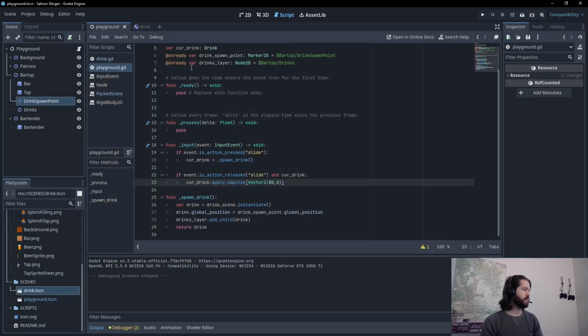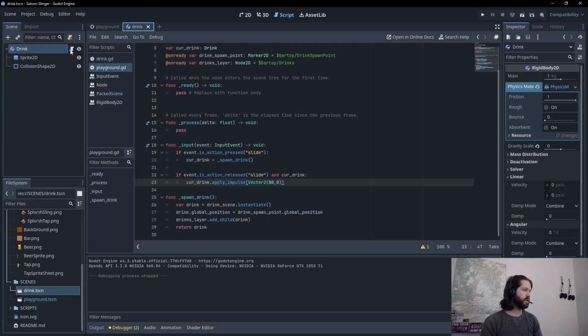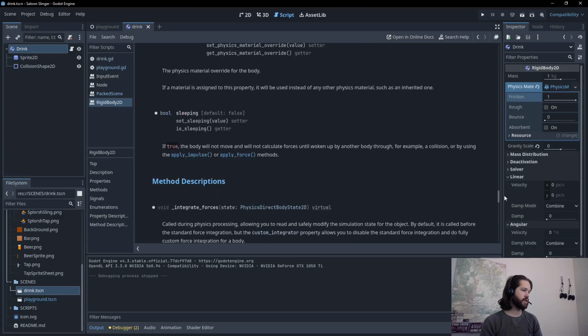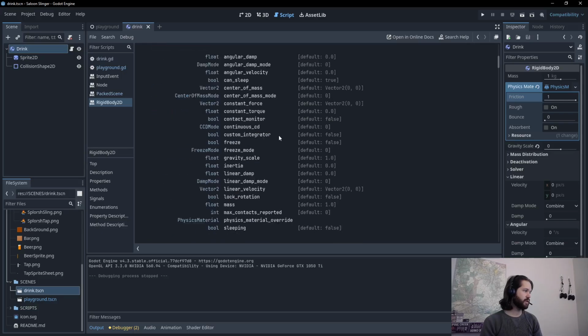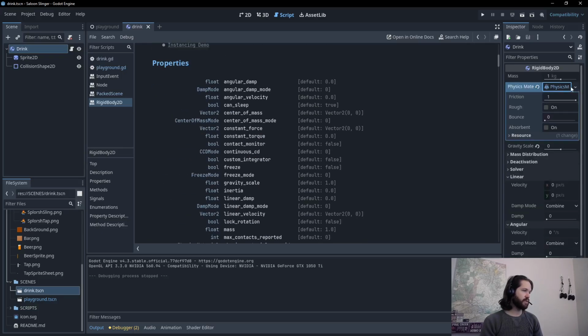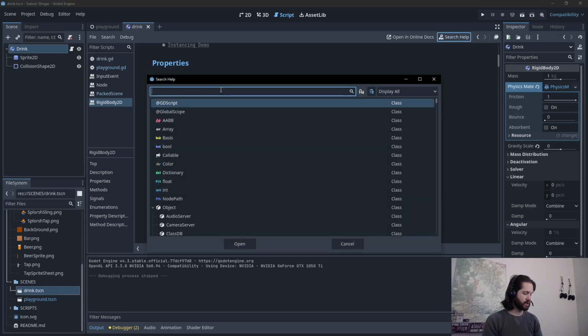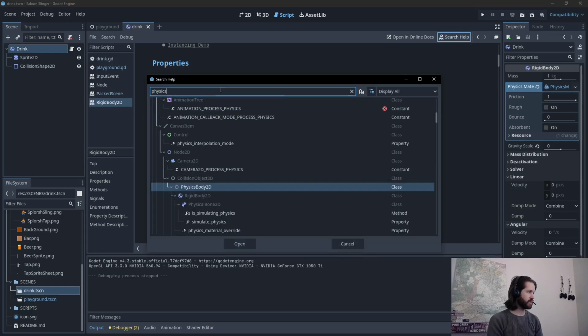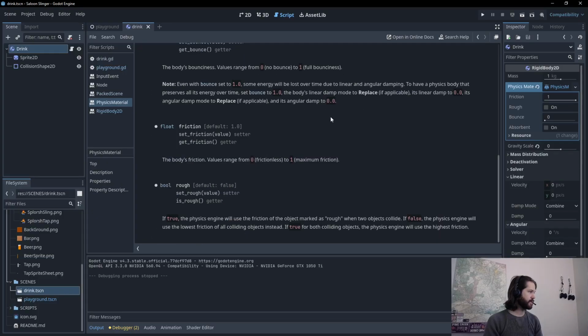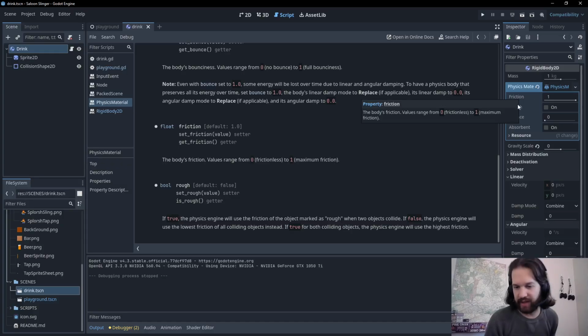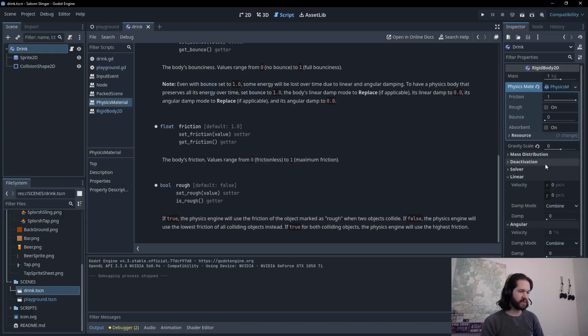But what we can do is we go into the drink here, and if we look at friction, let's try and understand what friction does. We're in physics material, so we need to actually look at the physics material documentation. So you can search in here, physics material, friction. No idea what that means in terms of what we want to do. And because it's not really interacting with anything with physics,